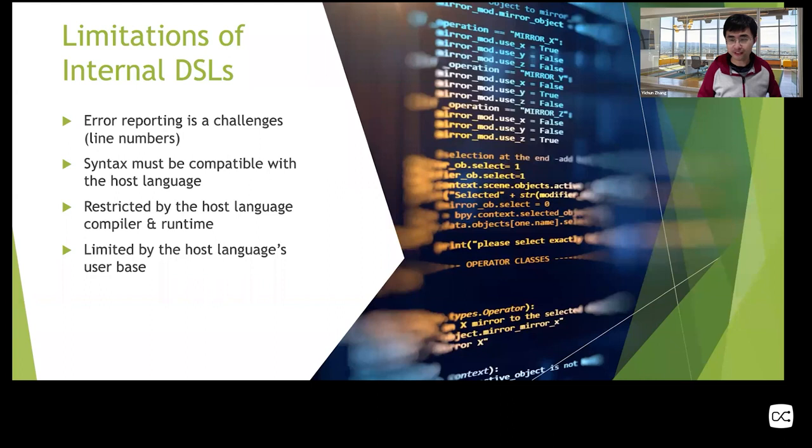The error message needs to find the correct line numbers and also give the correct messages. It's a challenge because everything is emulated by the host programming language's functions, but it's still doable with some level of work.